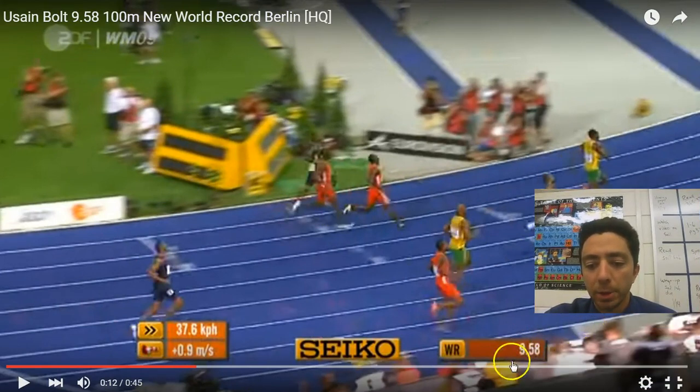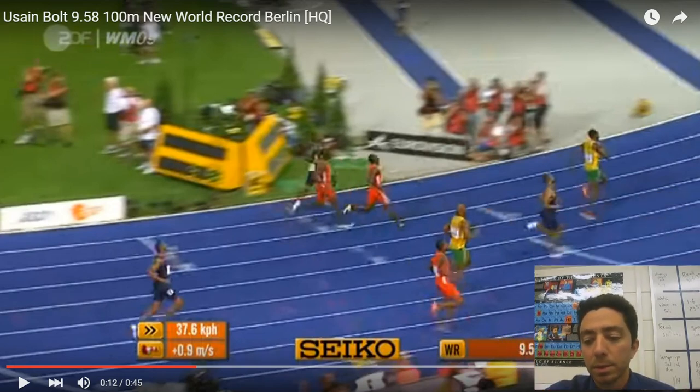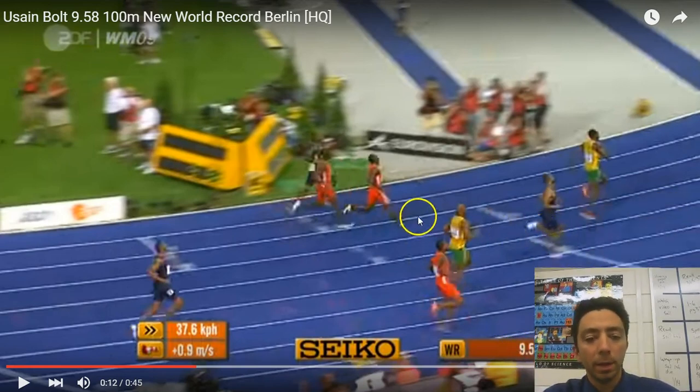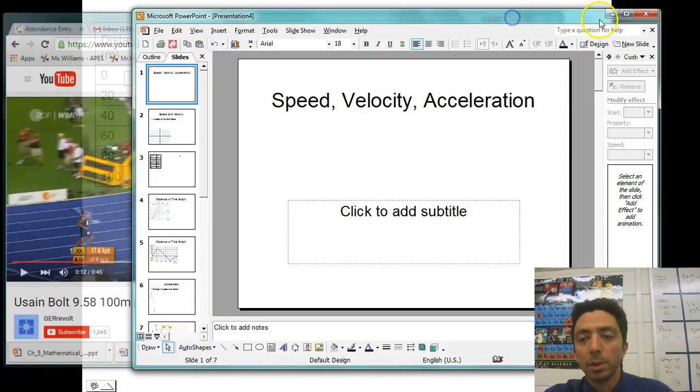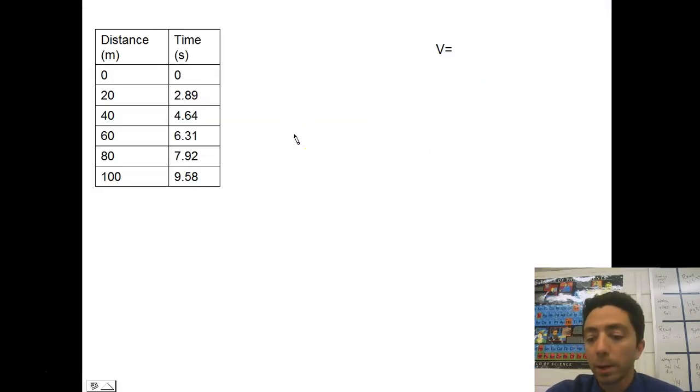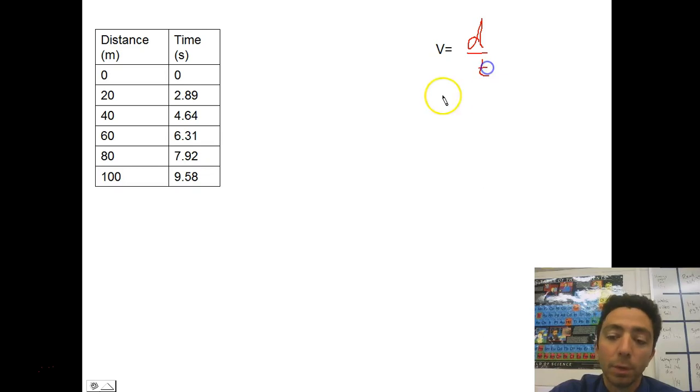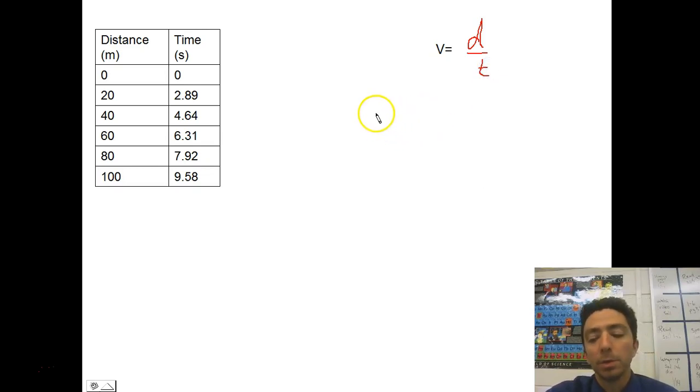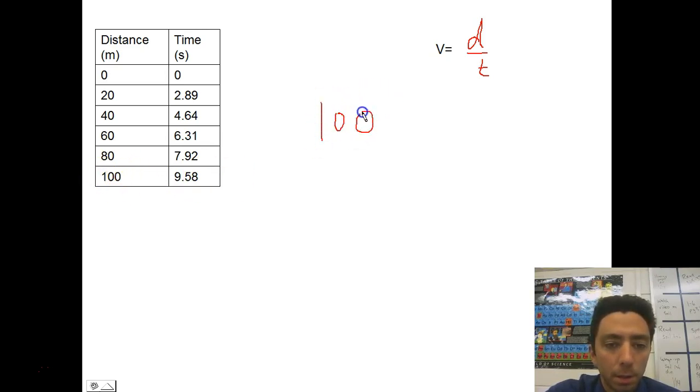If I move my picture, you can see that our time was about 9.58 seconds. So this is an incredibly fast human being, and we can use it to calculate exactly how quick Usain Bolt was going. Our distance divided by our time is the speed. If we wanted to find the average speed for Usain Bolt for this record-setting run, we would take our total distance, which is 100 meters, and we would divide it by